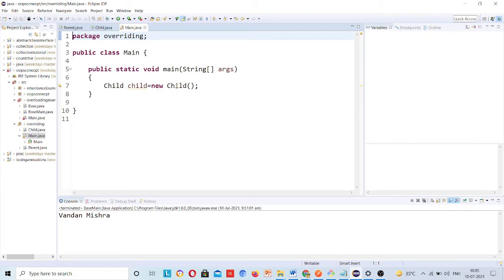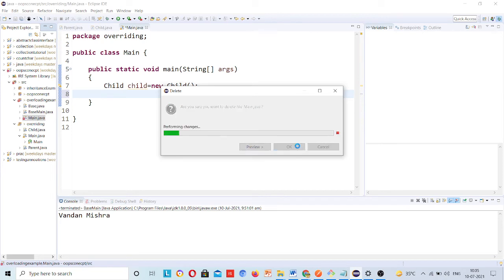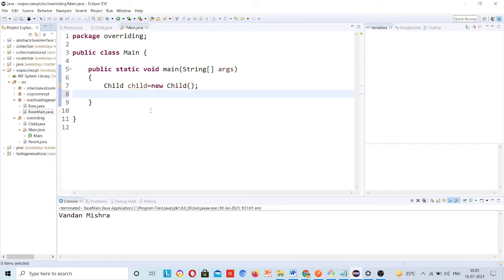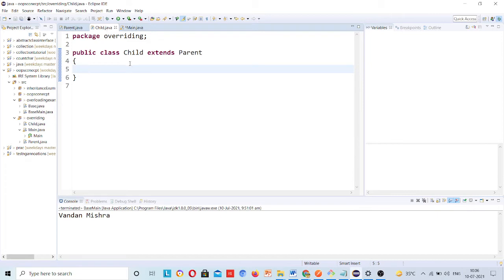Okay, so here what I will do, I will just delete this one. I will create an object for the child class, which has no method, but methods are coming through the parent class, because it is extending.